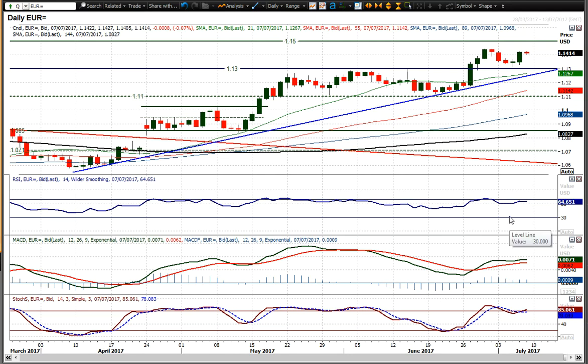Looking at the strong momentum indicators: RSI above 60, MACD line still positively configured, stochastics turning up. So holding on to that support at 113.10, the market has pushed higher and is much more positively configured once again, and you've got this uptrend intact. It all looks pretty positive. That uptrend today comes in around 12.50, so there is scope for a possible correction on payrolls. Say, for example, payrolls came out incredibly strongly, we could see a bit of a correction back, but I still think little corrections are a chance to buy